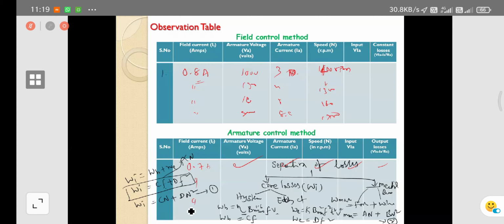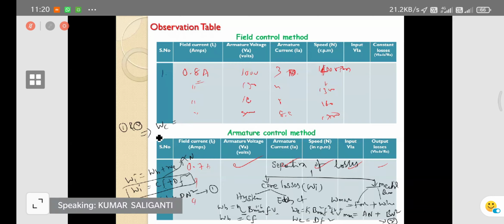From equation 192, you can get the total losses, that is the constant losses, otherwise known as the stray losses. You don't get confused here, because in shunt and compound machines the shunt field copper losses are constant. That's why the stray losses are nothing but the constant losses in shunt machines.